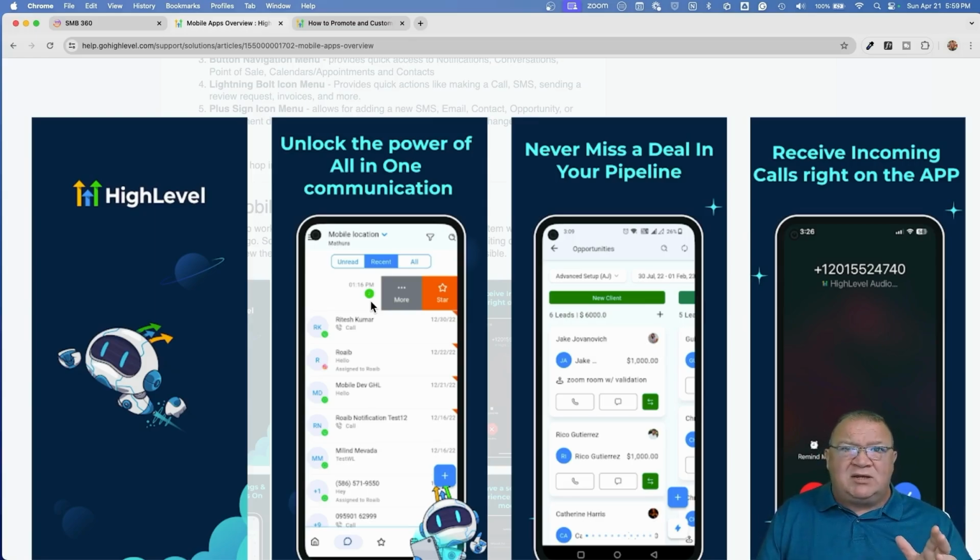Because an owner doesn't even need to log into the desktop version to access probably 98% of all the stuff they're going to utilize inside of the GoHighLevel platform, because they can do it all from within their mobile app. They don't need their computer. They could be working in their shop, take a break,